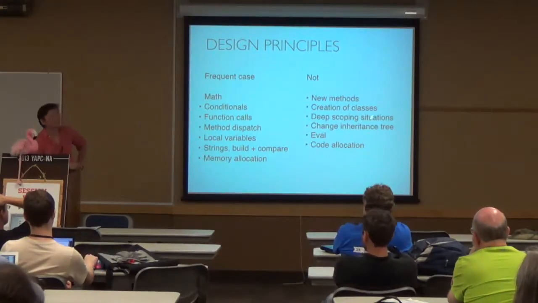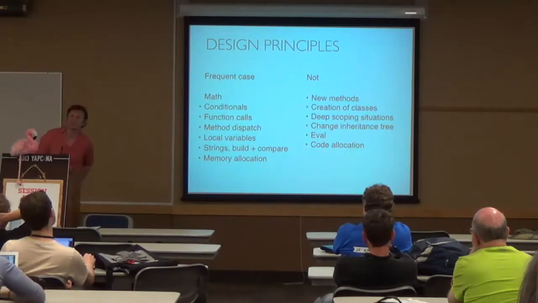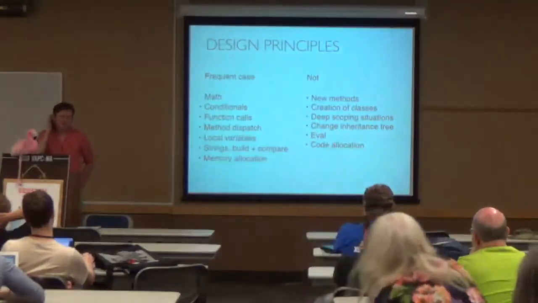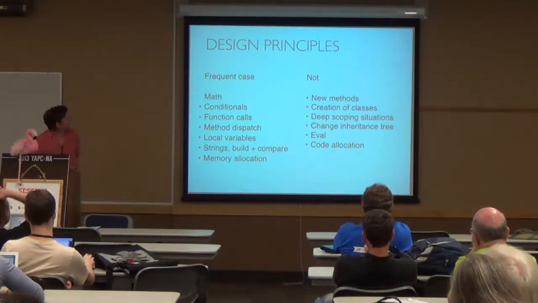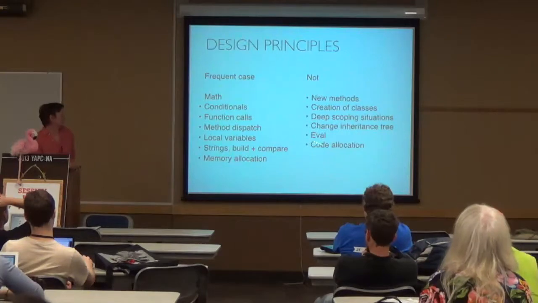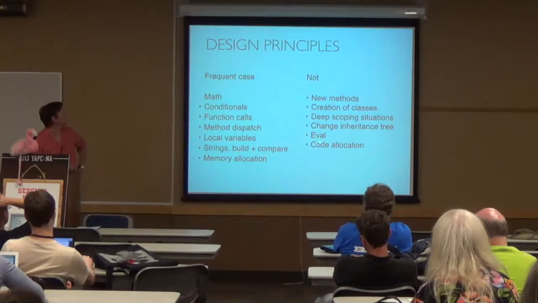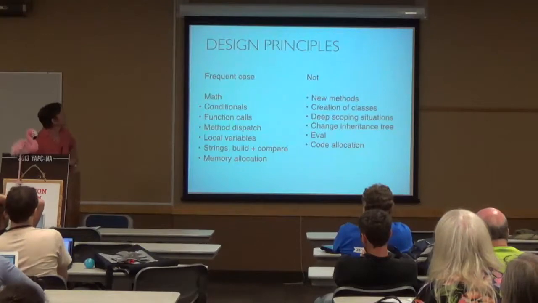But that's a little bit slow. But most of the Lisp compilers I know, I come from functional programming, they do it like this. With Perl 5, it's a little bit easier. Changing the inheritance tree, that's the hardest part. That's what I want to avoid. That's one of the main reasons why I'm writing my own project: to have const either and const classes, so I can optimize method calls. Eval is not so slow. Okay, you will see it's super fast, but it should be much slower than this one. And code allocation. I didn't even write this. That's why I did it.